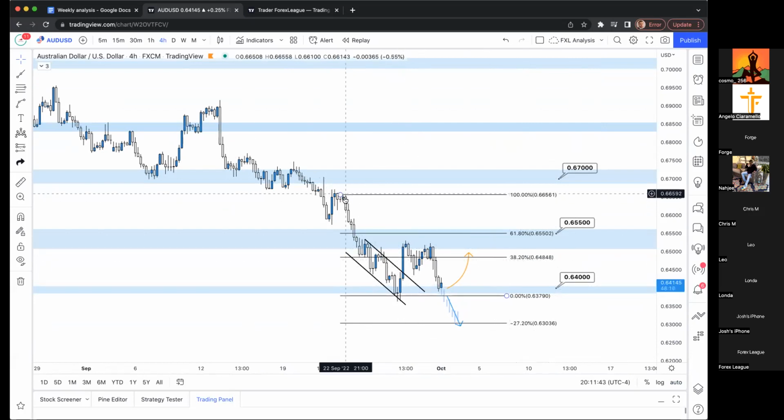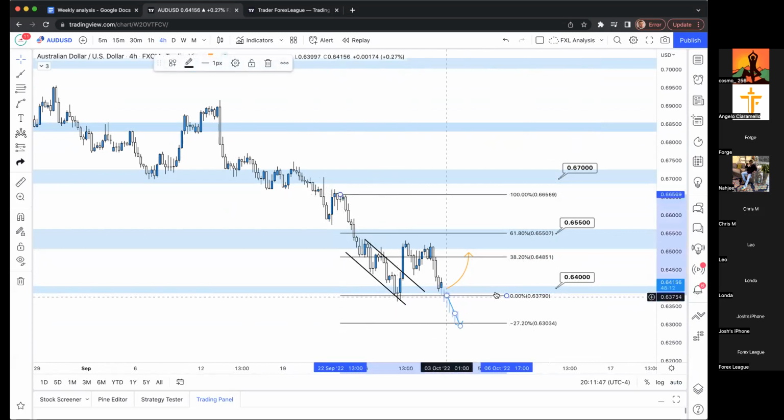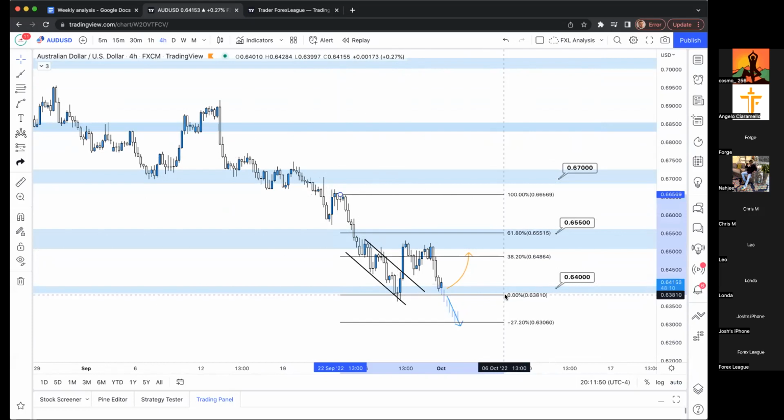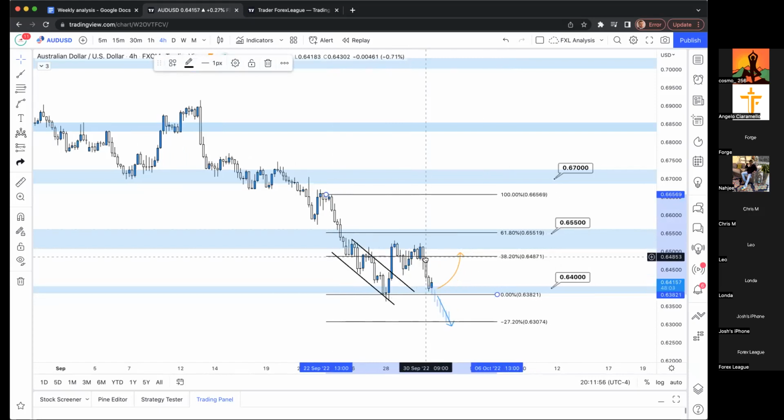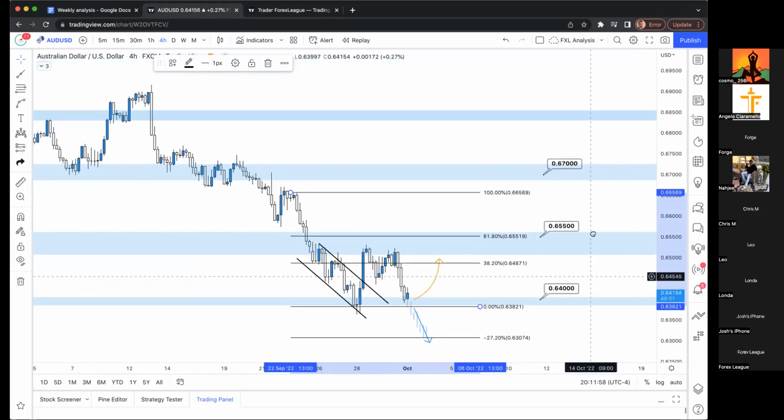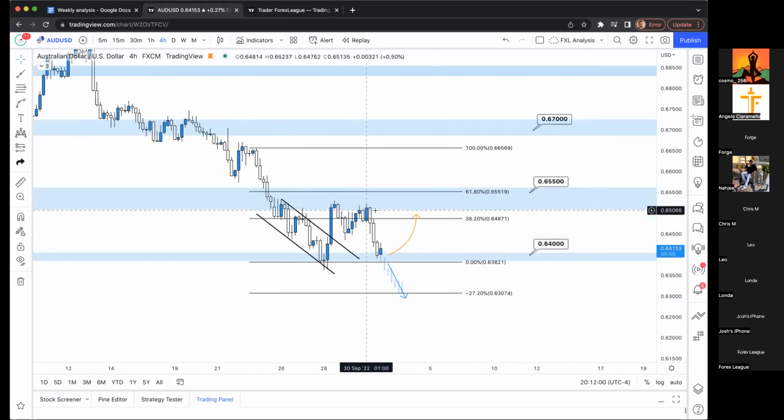We threw a fib on this. This is where conviction stepped in. So we did 100% to the low, 0% down here. Okay, so 100% to the high, 0% to the low. Price action hit that, pulled up, and then gave us structure. So this is technically an active trade, as it did pull up, form structure, and then gave us